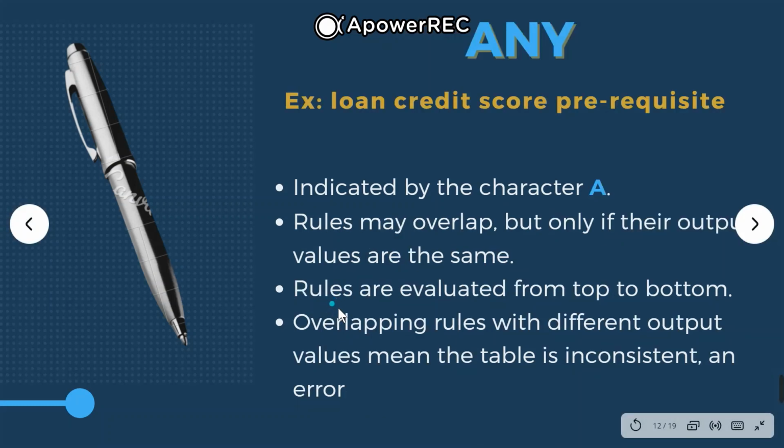In the last single hit policy, what we have is any, which is represented by the character A, and multiple matching rules must not make a difference with the any hit policy, which means multiple rules can be matched here. And all matching rules must lead to the same output. If the output entries are not equal, the hit policy is incorrect and it will result in an error condition. So this is all about the single hit policies that we have in Flowable.